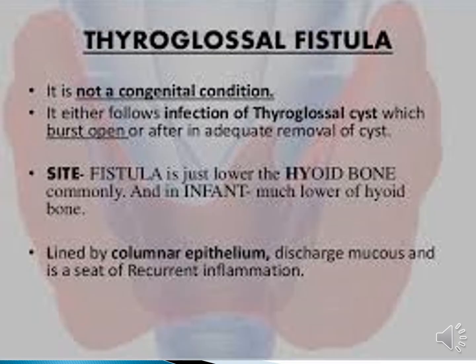This slide shows a thyroglossal fistula. It is another congenital condition. As we said before, thyroglossal cysts can present as just a swelling, or sometimes they can be complicated by a sinus discharge. So a thyroglossal fistula can be a complication of a thyroglossal cyst when it ruptures to the outside, or sometimes after